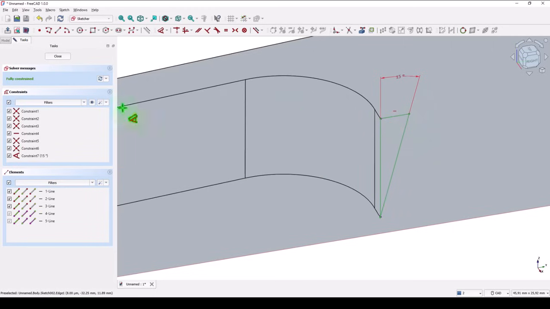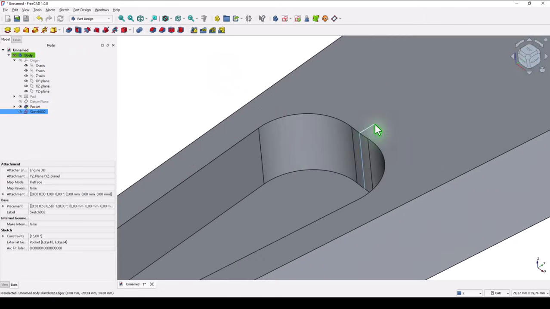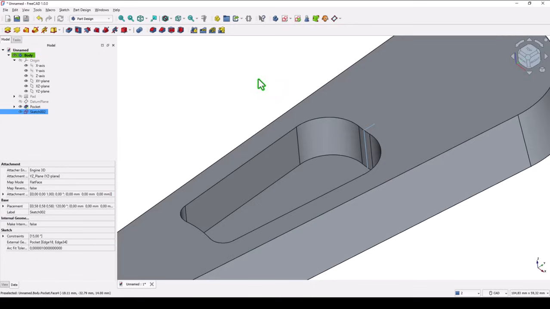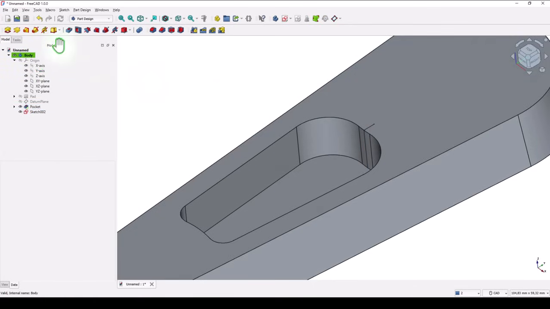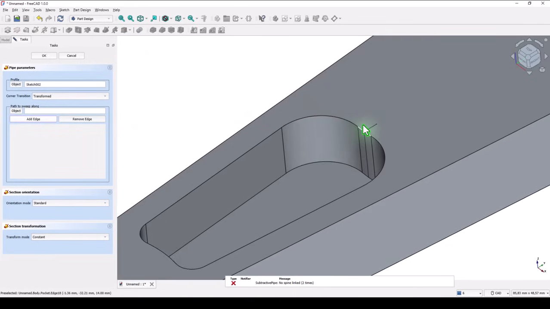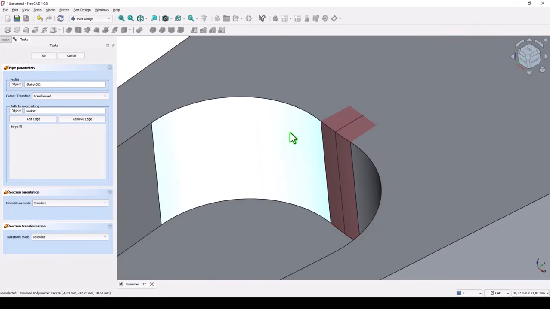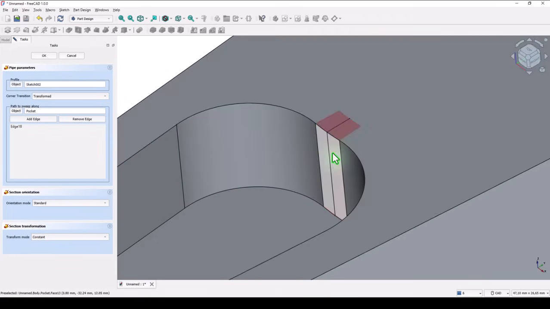We have a fully constrained sketch. Close. That sketch is inside the part. We use this tool, this subtractive pipe. We add an edge, this edge, and we have the first cut. Add edge,